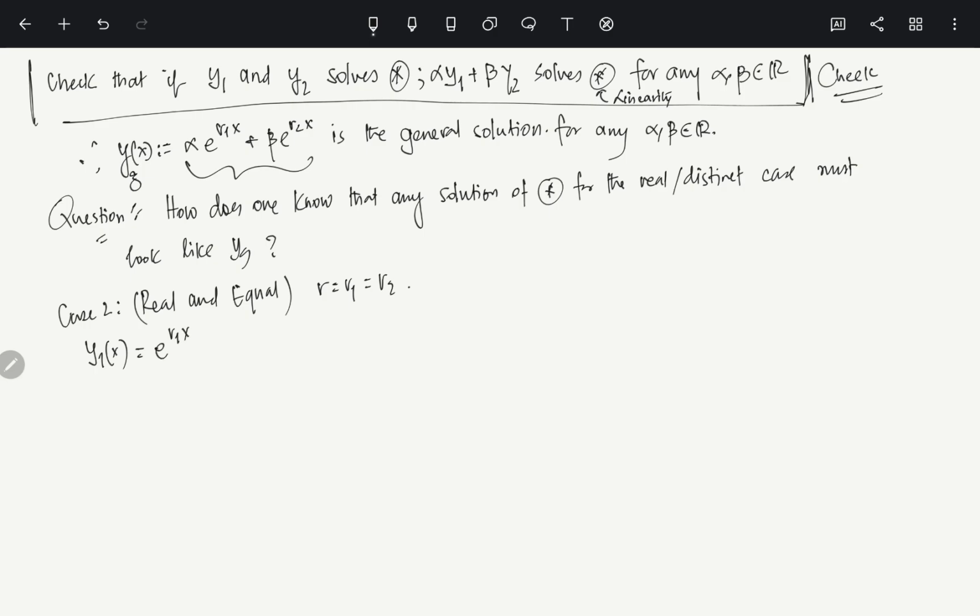Okay, but you can't get another solution y2 of x because it will be basically the same as y1 of x. So in this case, what we do is, this is a solution of star, right? How do you get another solution? This is a trick which you can use, and this will be a part of the assignment. To find another solution, what we do is this: